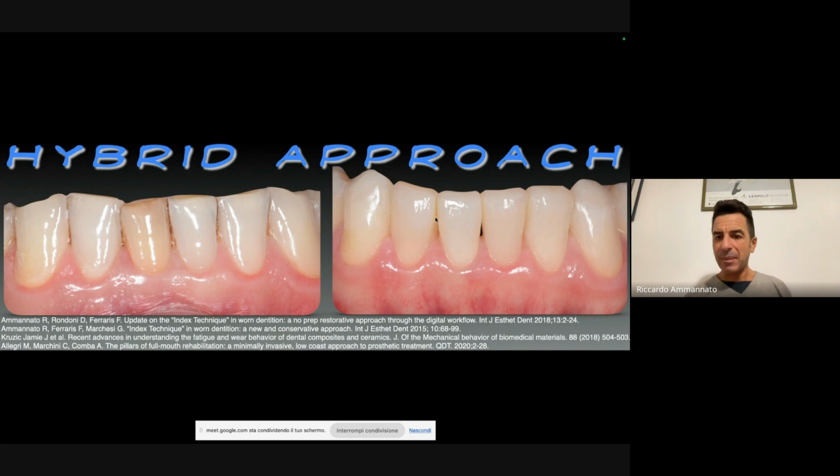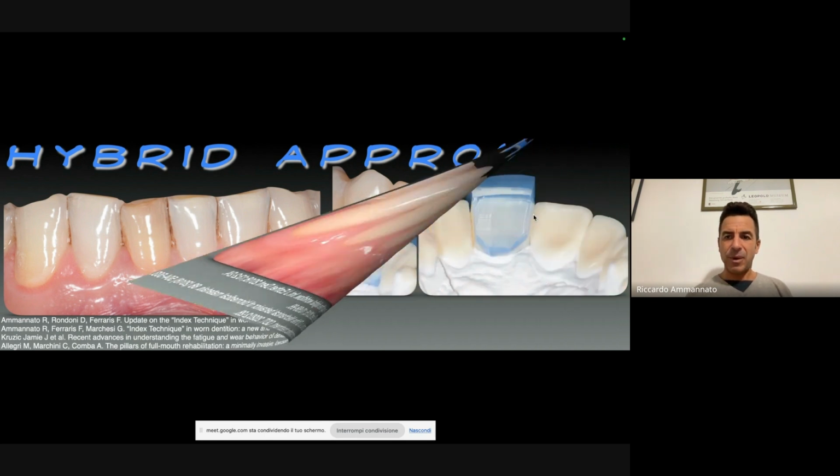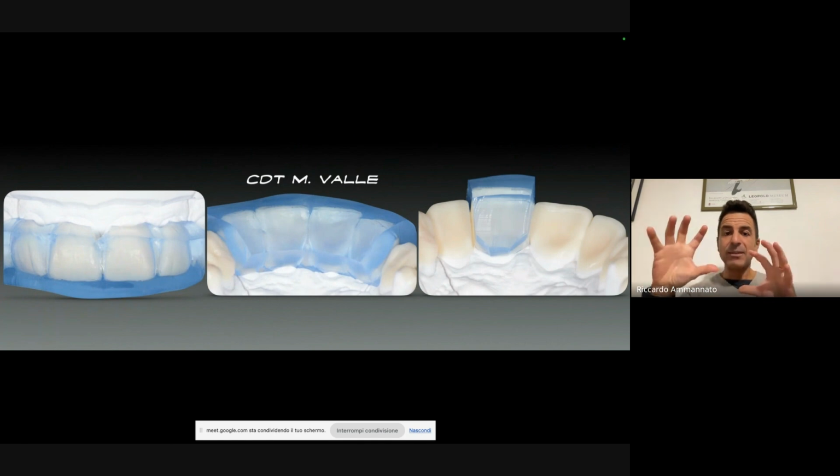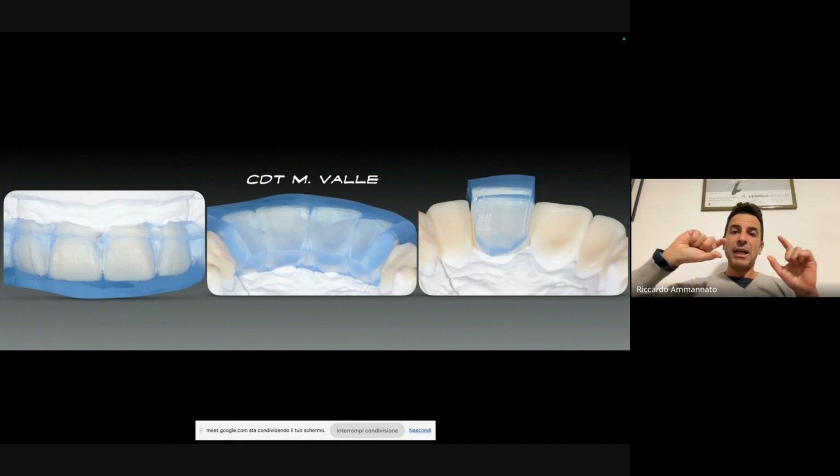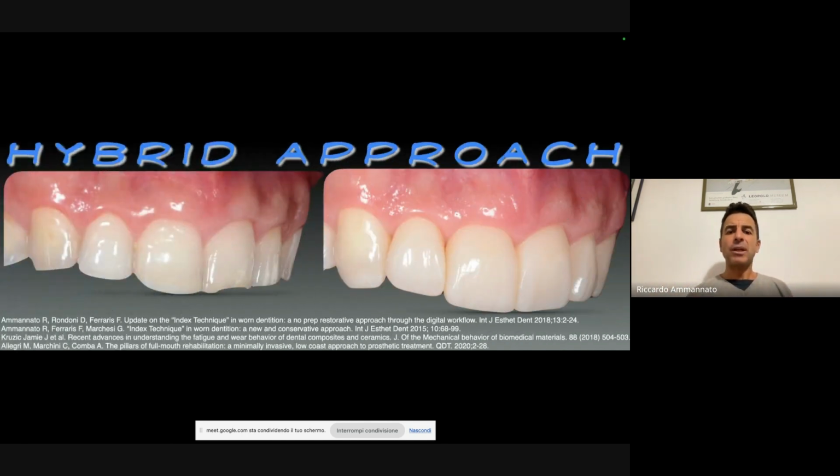And so from lateral to lateral, we have the molding approach through the index technique, while we have the canines with the glass ceramic. On the upper, same kind of material, also in occlusion, we will have the incisors in antagonist, composite against composite, while on the canines it is going to be glass ceramic against glass ceramic. And so here, this is before, after. Obviously, I have all the steps. I have also many videos on this procedure, but I'm skipping all this due to the fact that we don't have that much time. And this is before, after on the upper.